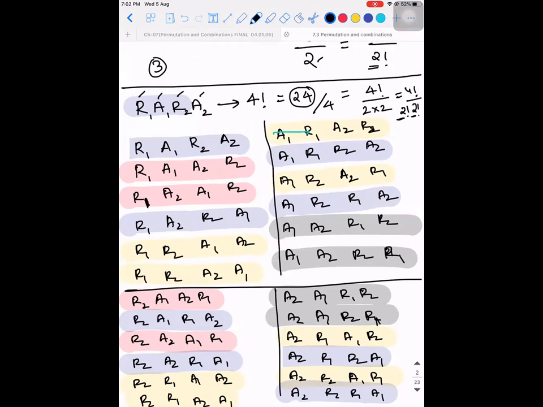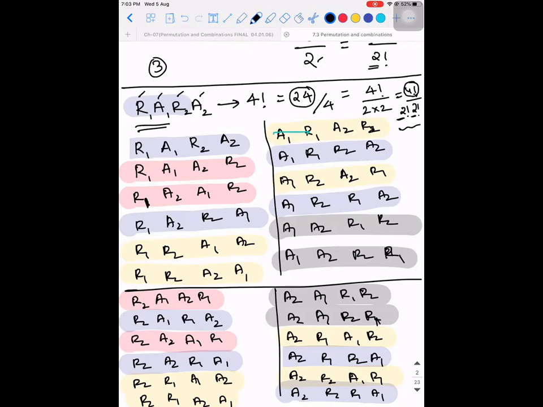Means, what is the meaning? You first need to write the total value, those many factorial, and divide it with the letters which are getting repeated. The number of times those letters or numbers, whatever they are, are getting repeated, you need to divide by those repeated numbers of times factorial. There is no other way I can teach you this because it's not a formula. Observe, for a 4-lettered word itself, it took so much time for us. Imagine a 5-lettered word. Are you able to understand this?